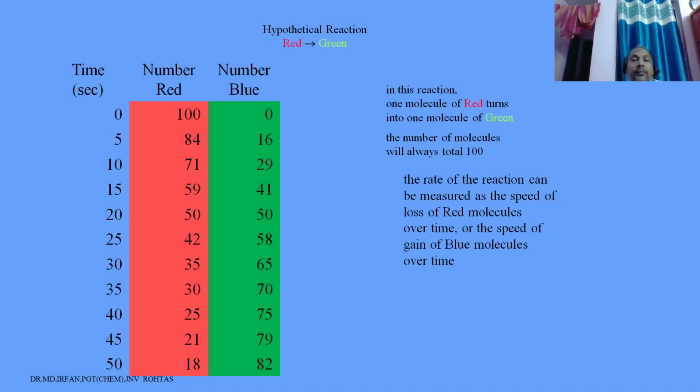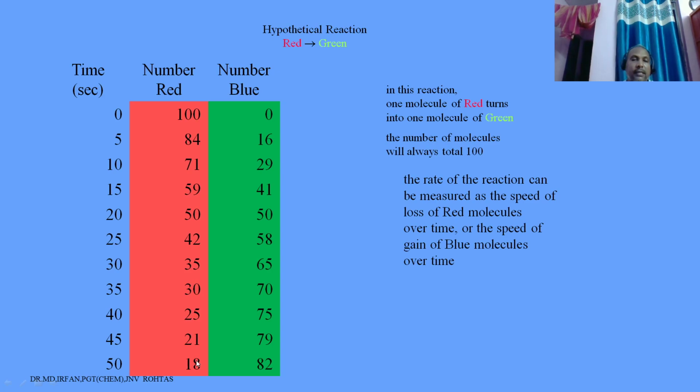Now consider the hypothetical reaction. Red is converted into green. Now here see the data from 0 to 50 seconds. Initially the number of red is 100 and it is decreasing from 100 to 84, 71, 59, 50, 42, 35, 30,